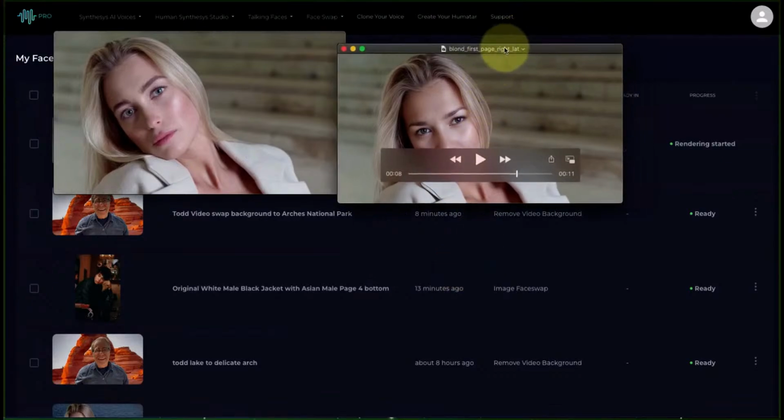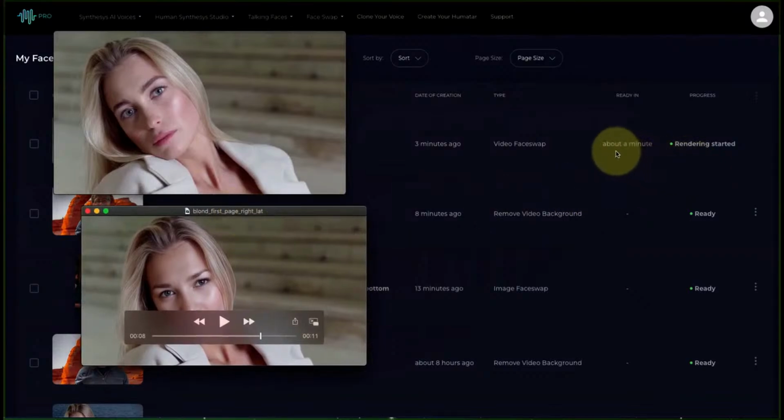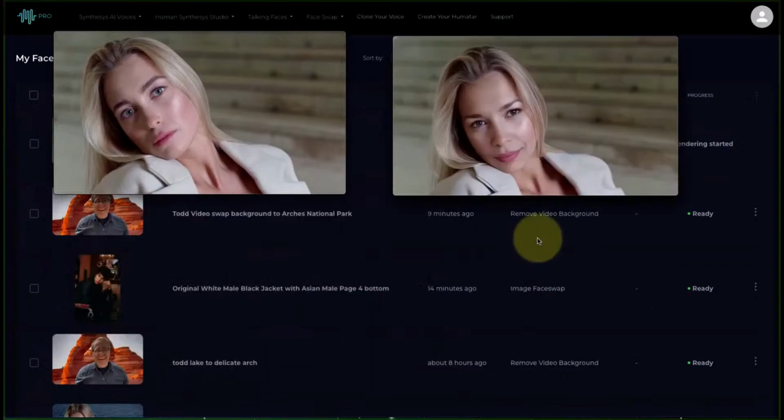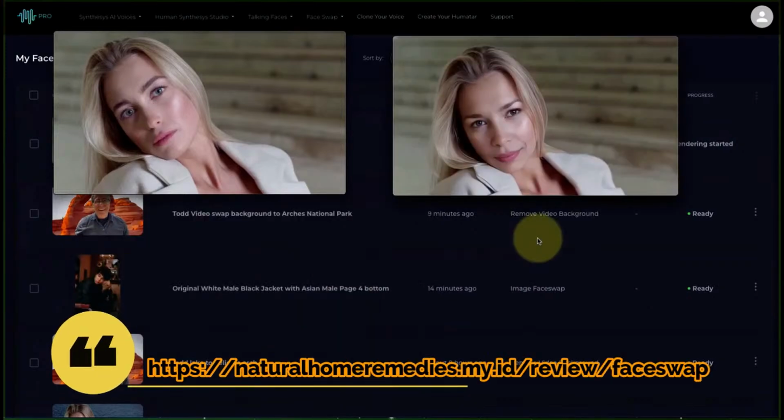You can see that they do get ready pretty fast. The rendering, for instance, for this last one that I also did last night, so we're able to see it right away, just another minute before that is ready right now. As I said, usually it takes from a few minutes to as much as 15 minutes, occasionally higher when the demand is really high on the system. Still, fast results, easy to use. FaceSwap is a